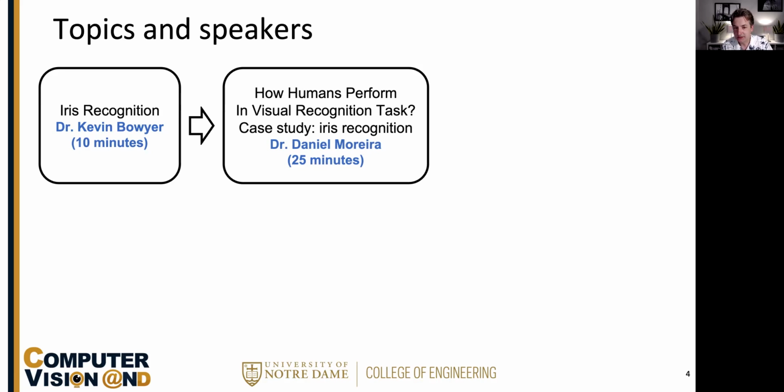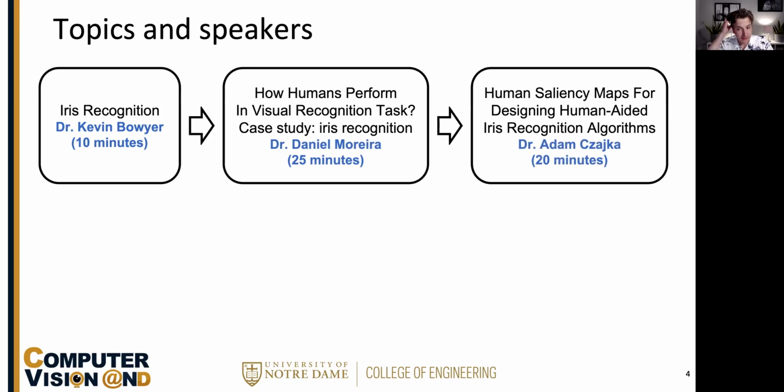We're experts in general object recognition, but iris recognition is quite specific, which is good for us, actually, because we wanted also to show that this idea works even if humans are not experts in a given task, which is promising. I will be talking as the next speaker, and I will show a non-deep learning based method that can be built based on human salience. This will be based on human-driven binary statistical image features that we used to build a special set of filters to perform iris recognition